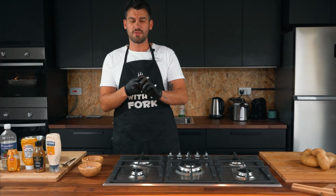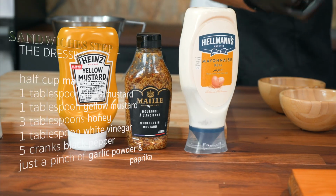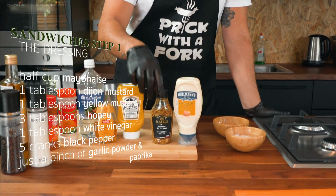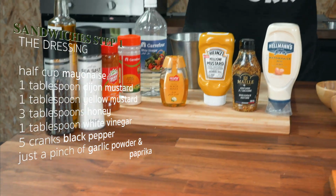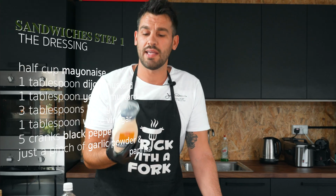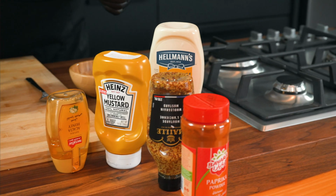So today we are going to be making 2 different sandwiches. One, the Yankee Reuben. What we're going to do is make a delicious honey mustard sauce. So we're going to need mayonnaise, Dijon mustard, yellow mustard, honey, vinegar, garlic powder, and paprika. So now what I'm going to do is prepare first the sauce. So what you're going to need is half a cup of mayo. Then what we're going to need is